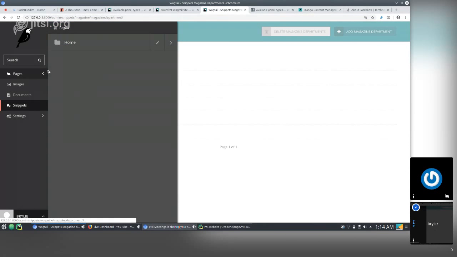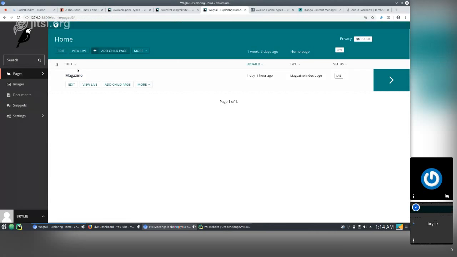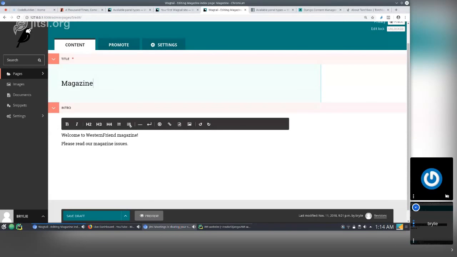I have to do all the front end styling and templating, but it gives us an admin interface. And it's a hierarchical content model. So everything is like a tree basically. So our magazine index has child pages. You can edit the fields. It has a basic rich text editor, including